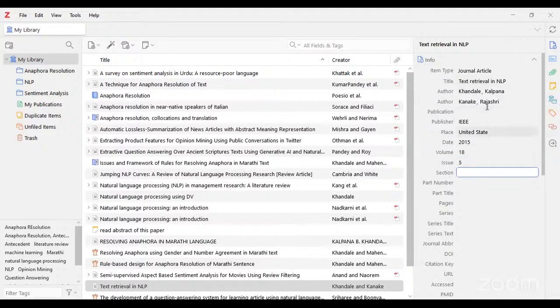This information is sufficient to add this article into the library. Just a second, you can see here "Text Retrieval in NLP" is automatically added while I am entering these many fields over here, along with the author's last name.